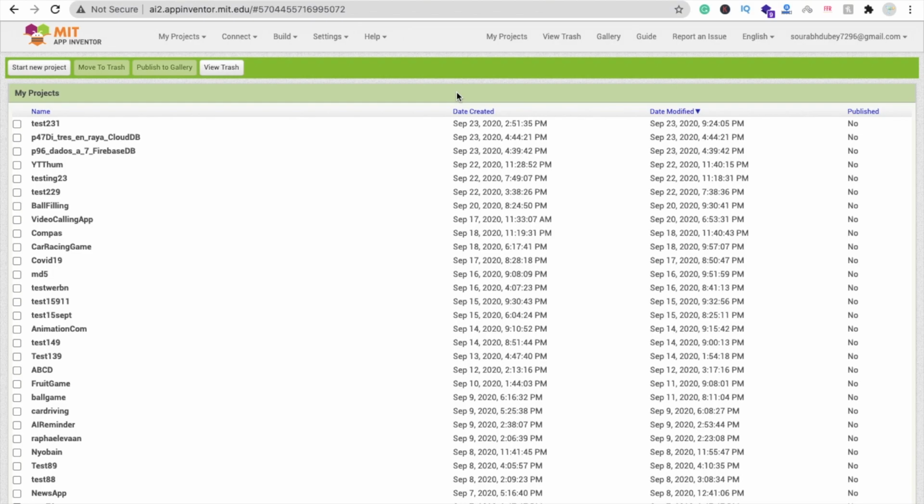mobile. Right? Suppose I am making a car racing game here. Whenever I press the button and run my own car on my own phone, at the same time we have to move someone else's car using our own phone. Okay, so how can we do this? Let me show you the demo first.